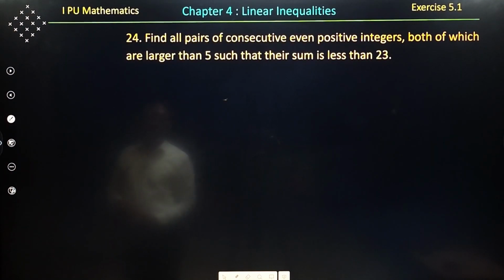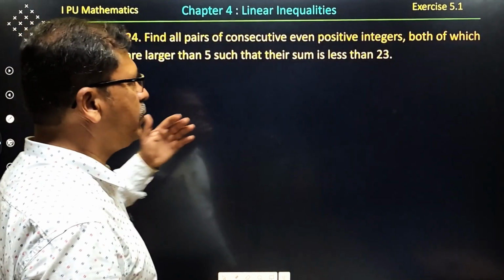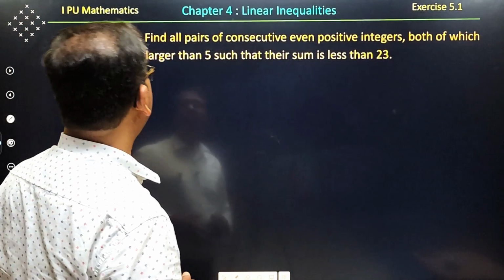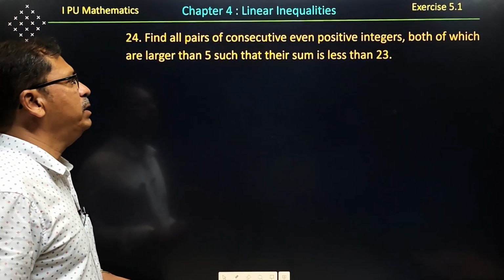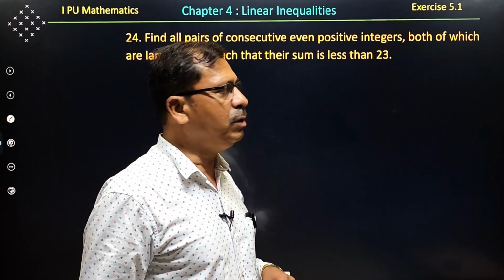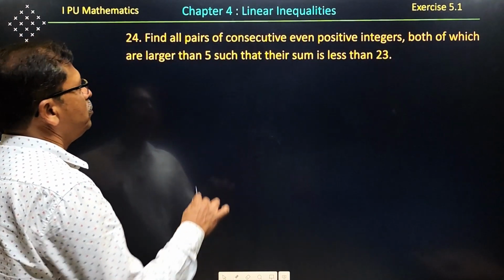See the next example. Find all the pairs of consecutive even positive integers, both of which are larger than 5 such that their sum is less than 23. This is what the problem is here. Suppose you consider